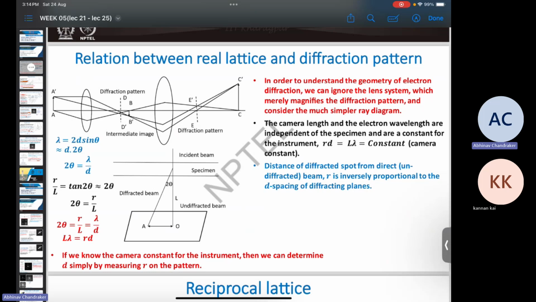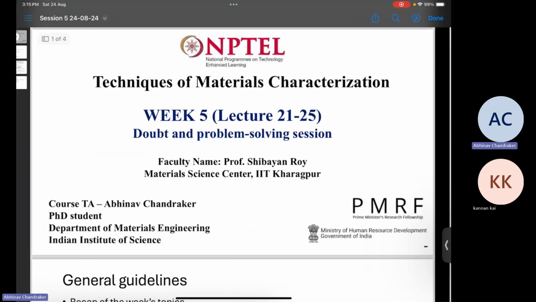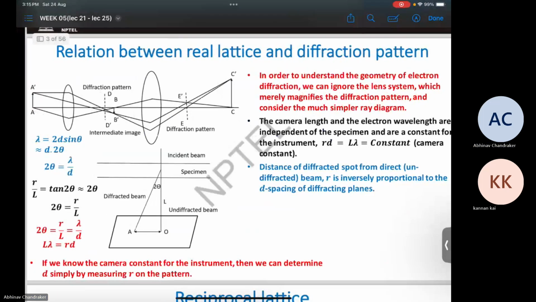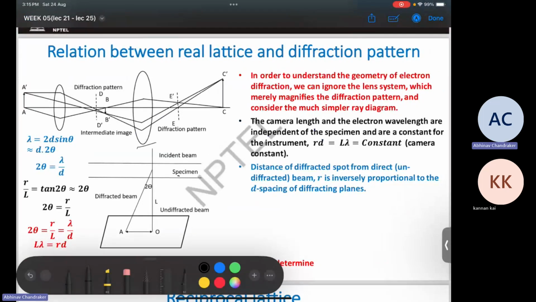But here you can just assume that many of these lenses, for example this projection lens system, have the function of just enlarging the image. So if you just assume